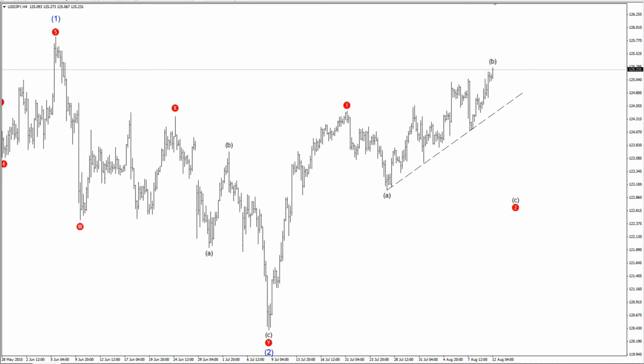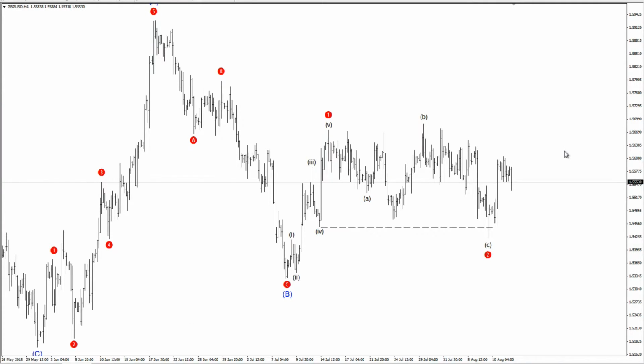Key levels on dollar yen. The trend line I have drawn on my chart that is connecting the latest lows is giving support at about 124.6. On the upside, next resistance is the latest high at 125.845. Those are the levels to look for in US dollar, Japanese yen. Let's move on to pound dollar.